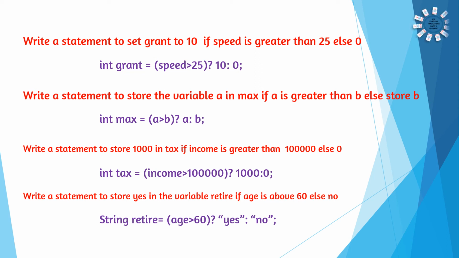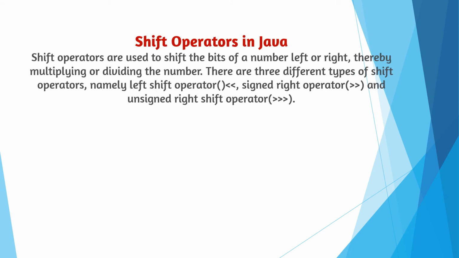And in ternary operator, the last type that can be asked is conversion of ternary operator to if-else and conversion of if-else to ternary operator. As we haven't done the decision making statements till now, we will do that part when we complete the decision making statements. I hope you are able to follow and understand all the concepts which we are discussing here of every operator.